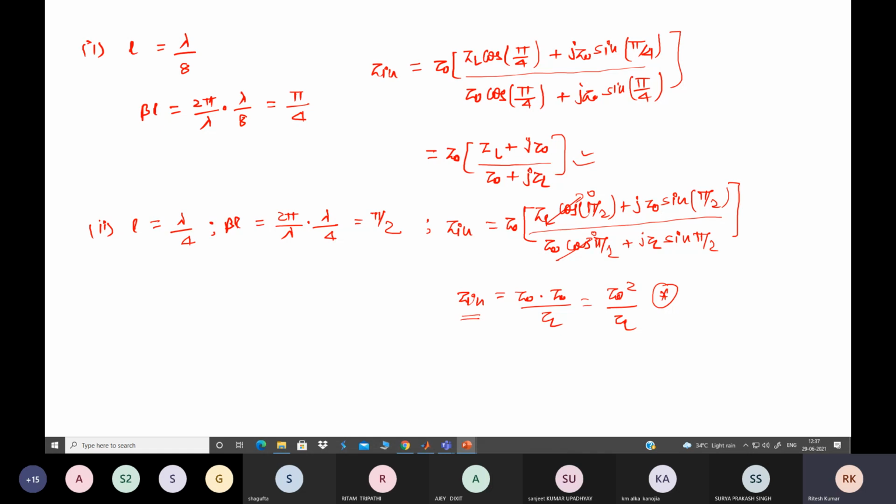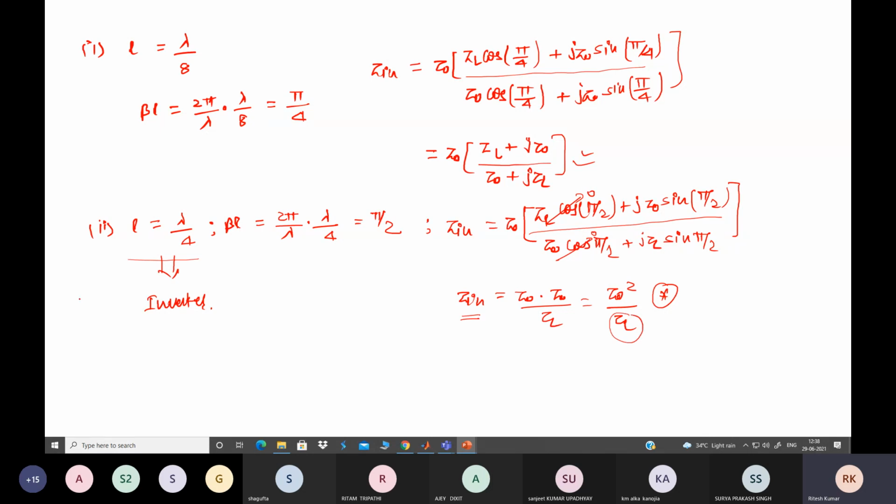So whatever value of ZL we have, suppose apart from capacitive or inductive nature we take some other impedance value, for example 4 plus j3. When this 4 plus j3 comes to the numerator, it will be 4 minus j3, of opposite nature. So this L equal to λ/4 transmission line is also known as an inverter. Inverter meaning that the input impedance will have the inversion of whatever ZL we have.